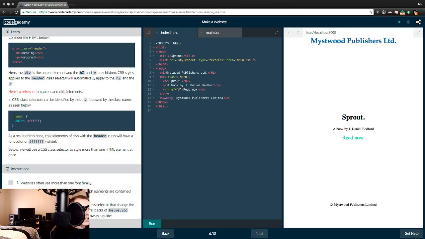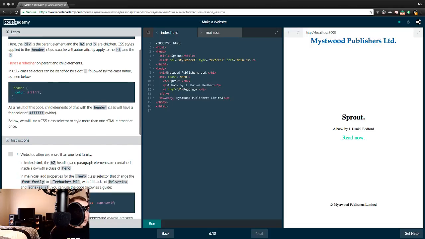Onwards. Okay. In CSS, class selectors can be identified by a dot followed by the class name as seen below, dot header, color. As a result of this code,